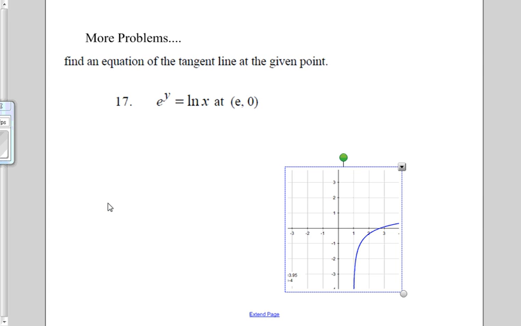Okay, so once again, we're looking at implicit equations, and we're trying to find equations for tangent lines. To find a tangent line, we know that we need to find the slope, and to find the slope, we know that we need to find the derivative. So I've got this function, and it's going to be a little bit tricky for us to take the derivative